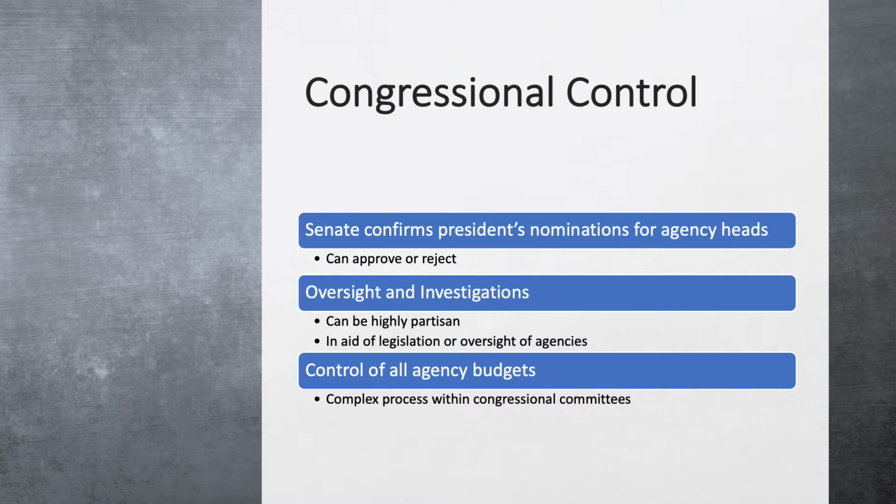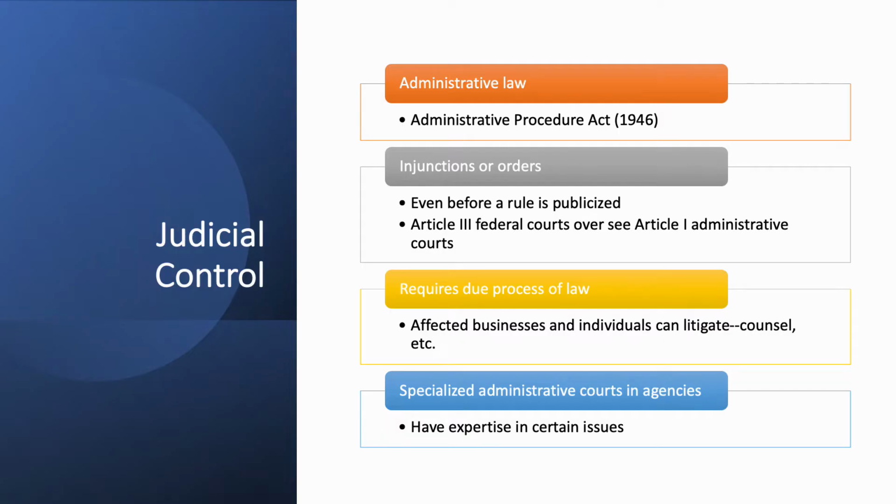And then control of agency budgets. That ultimately rests with Congress because Congress is ultimately responsible for passing a budget. And I will not expect you to memorize all this by any means, but understand federal budgets are determined through a very complex process that involves a lot of congressional committees really getting out into the weeds of what goes into each agency's budget. The judicial control part, so we had executive control, congressional control, and judicial control, involves